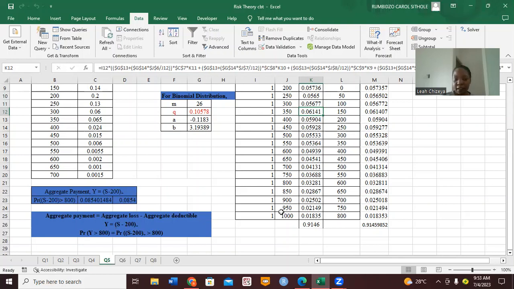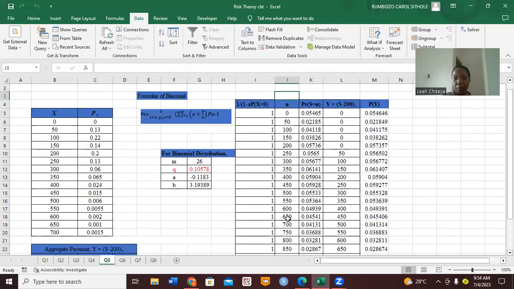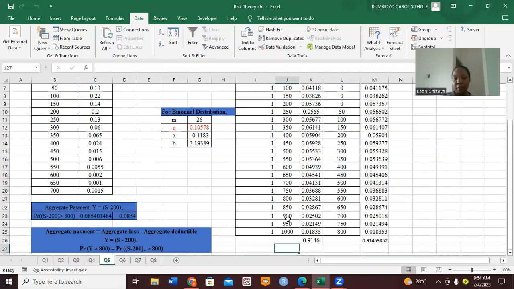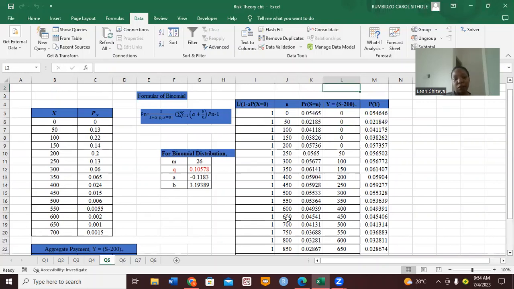So if we come here to our tables, this is why you will find that our N or S, which represents our aggregate loss, goes up to 1,000, and our aggregate payment goes up to 800. We are going to work backwards to get our Q using the information that we're given. In calculating our probability, we are going to use the recursive formula, which is 1 over 1 plus